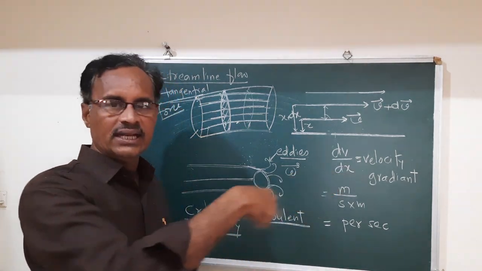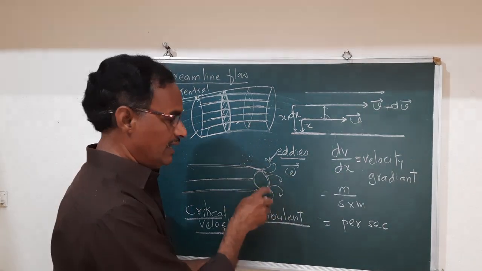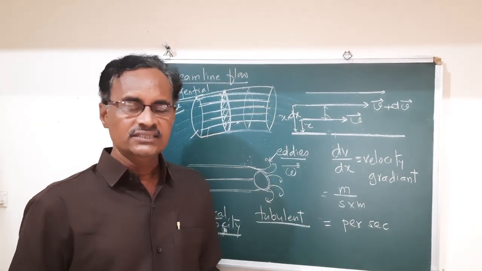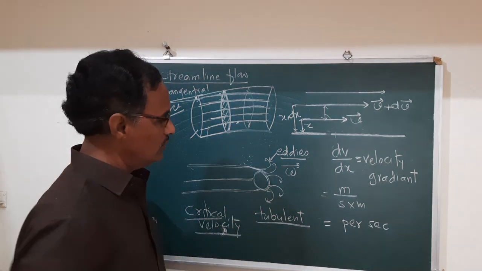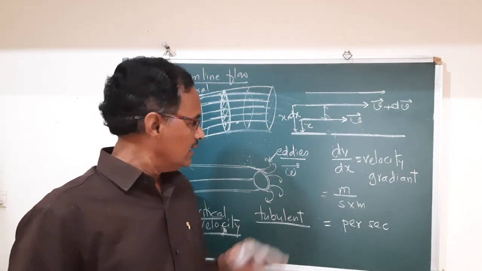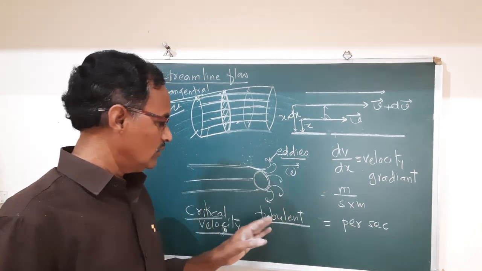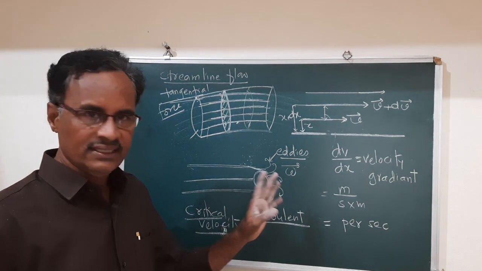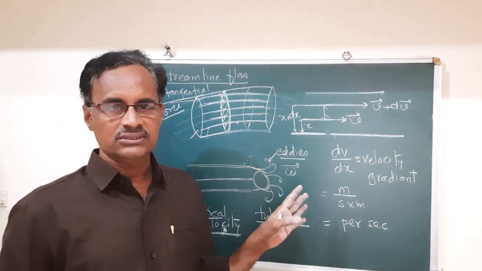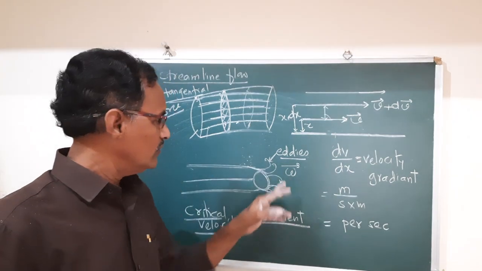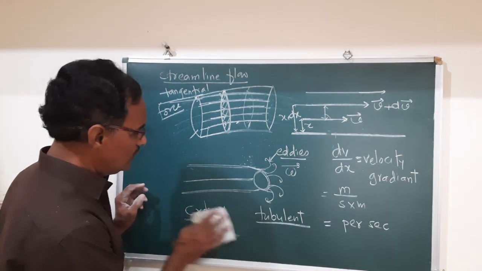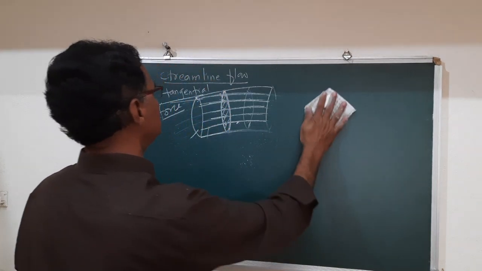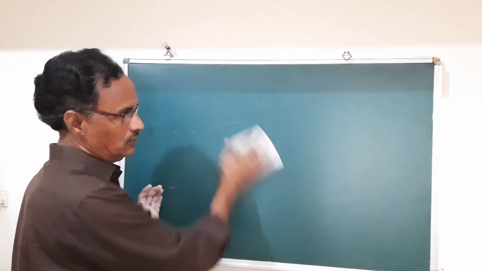It does not obey the straight line path, and it has a random, irregular motion. That flow is unsteady, and therefore it is called unsteady or irregular flow, just like eddies. This is called the turbulent flow. Here the velocity is not constant at any point, at any instant, and it does not obey Newton's law of viscous force. Now this is about the streamline flow and turbulent flow.